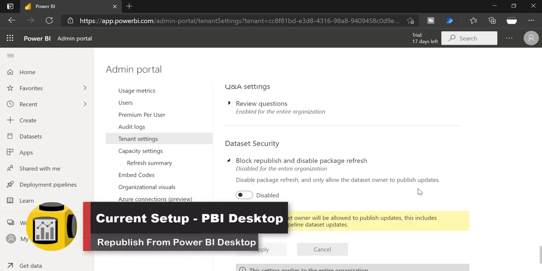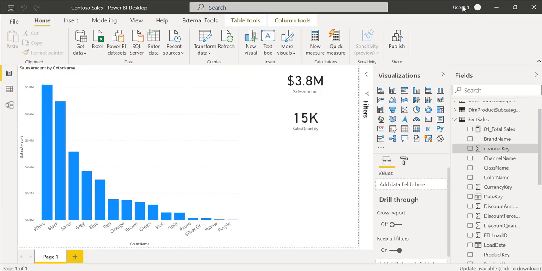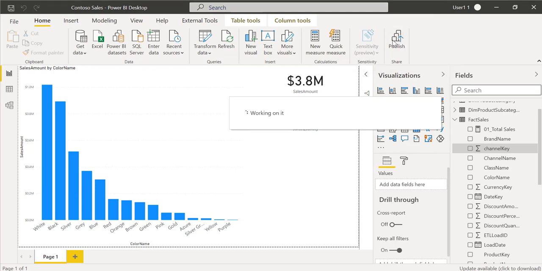Let's see what is happening right now before we enable this option. Okay, I have a user called Ritu and he is the dataset owner for this particular dataset called Contosa Sales. And I have another user called user1 and he wants to do some changes on the same dataset Contosa Sales. So he has done the changes in the Power BI desktop and he wants to publish it into the same workspace. So he is trying to publish,